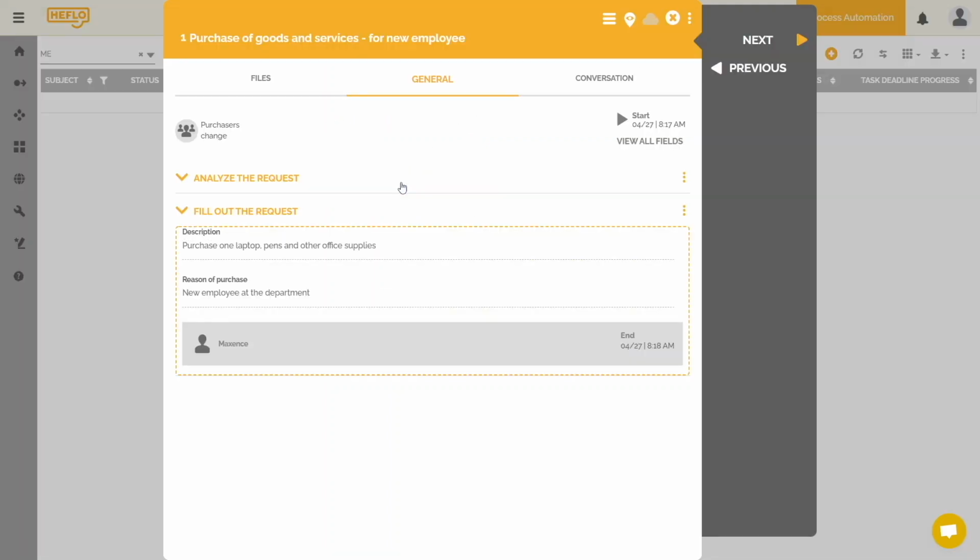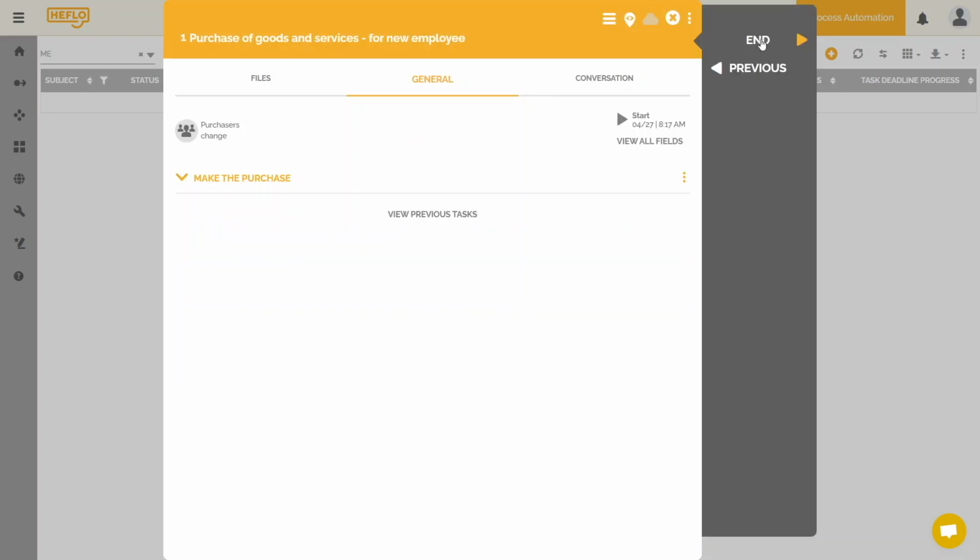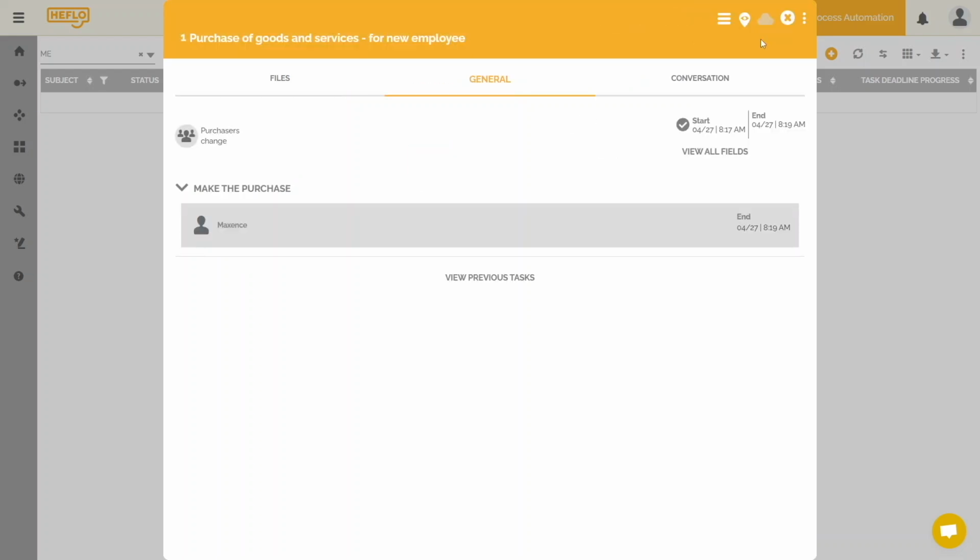The system redirects me to the information I want. To complete this work item, just click on End. Now, this work item has been finalized.